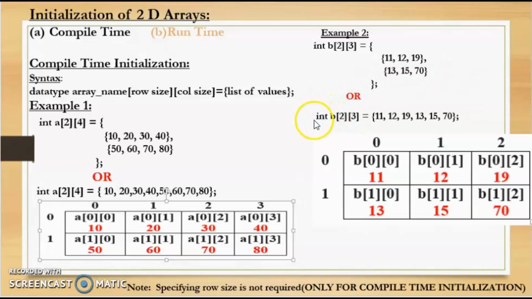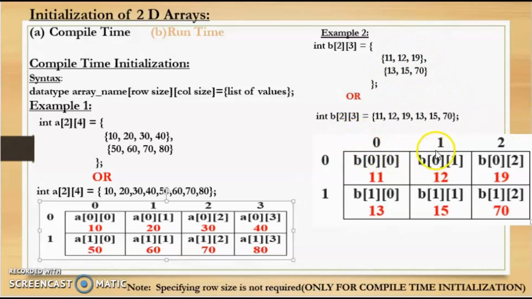So another way of writing is using this method. Here we can see that we have discarded the extra curly bracket. So we can either write in this form or this method. Only thing here is that this will make the program more readable. So we can use any method we want.